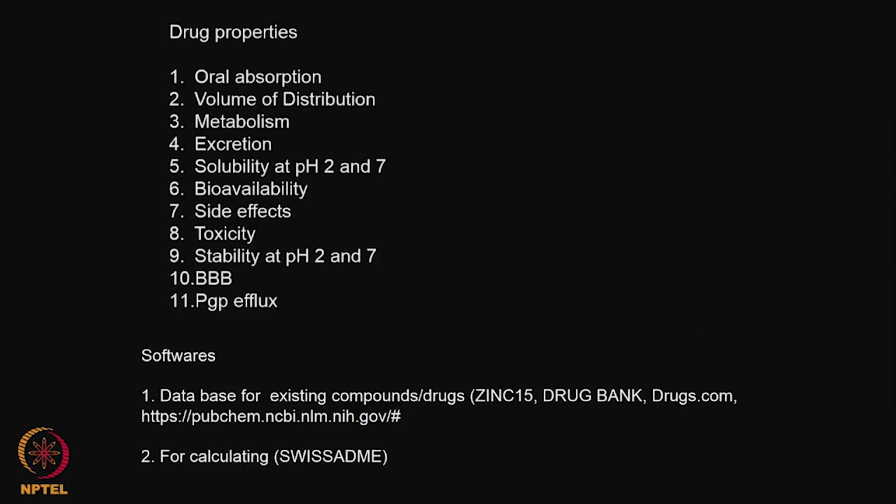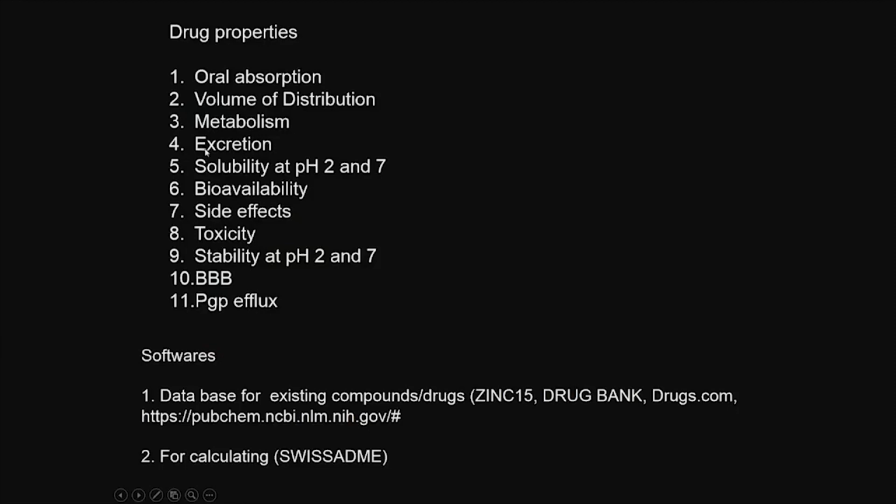Oral absorption, because most of the drugs are taken orally, and then volume of distribution, it gets distributed into the blood stream as well as into the tissues. The metabolism, how it gets metabolized, how it gets excreted, does it have solubility at pH equal to 2, that is your stomach, and does it have solubility at pH equal to 7, that is in the blood region. Bioavailability, what is the concentration available at the target site, does it have side effects, toxicity, stability at pH 2 and at 7, the blood brain barrier penetration, BBB means blood brain barrier, and then P-gp